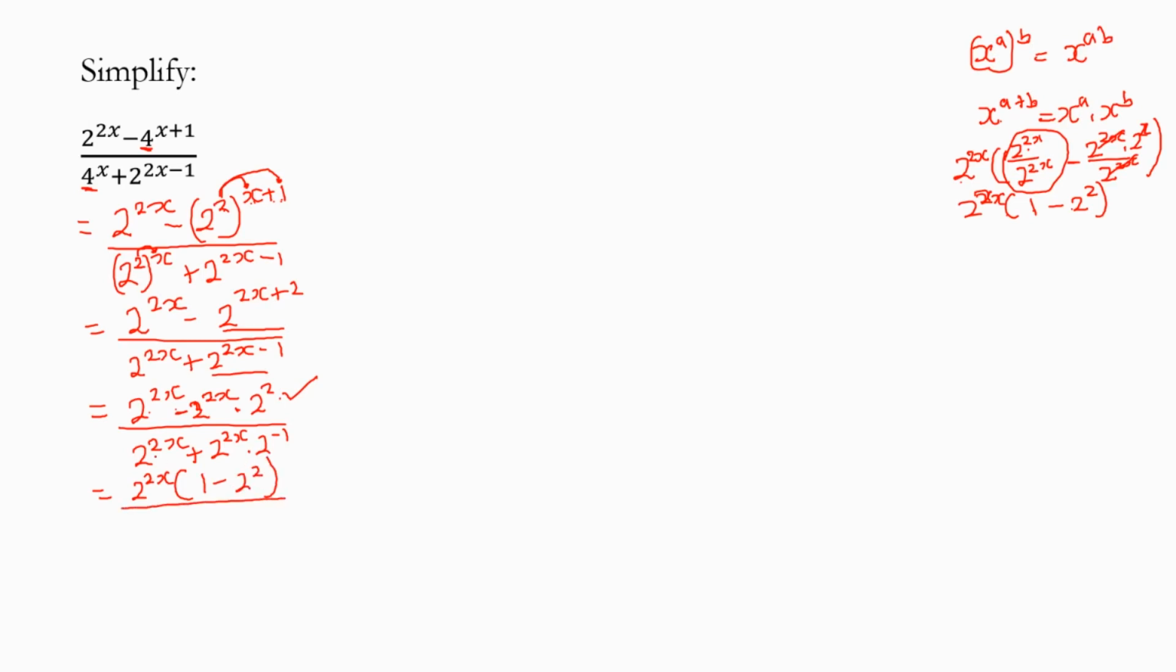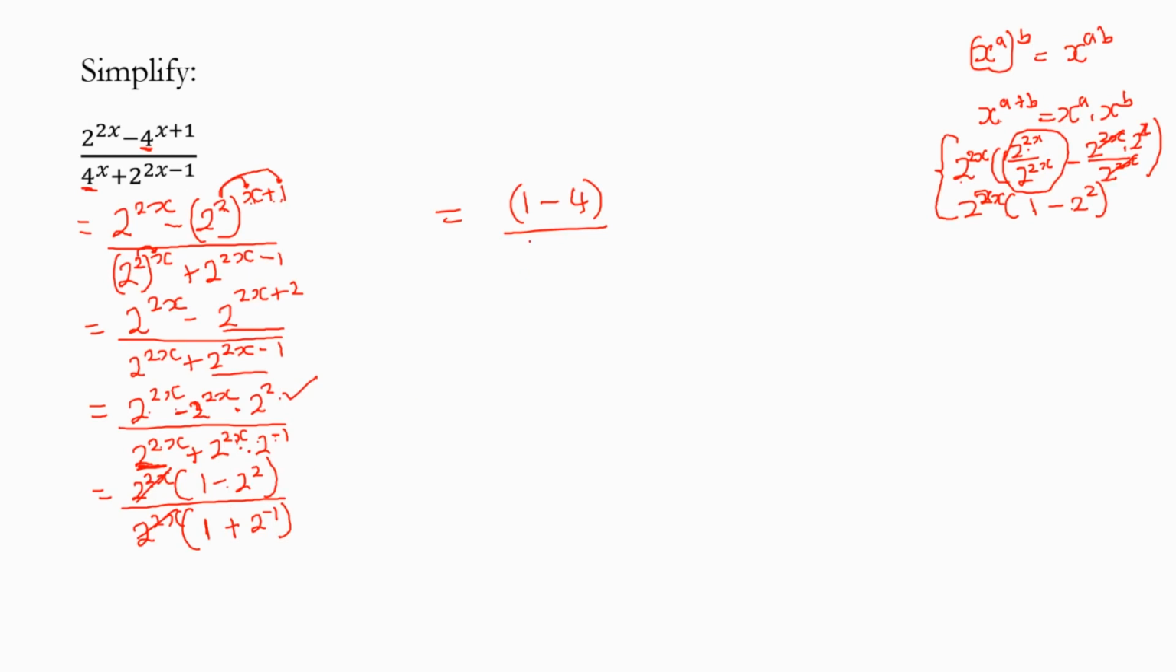Okay, let's factorize the denominator. Again, we have the highest common factor, which is 2 to the power 2x. And then in the bracket, 2 to the power 2x divided by 2 to the power 2x, you get 1. Then plus 2 to the power 2x times 2 to the power negative 1 divided by 2 to the power 2x. You do like I showed you here, you'll get 2 to the power negative 1. We're getting 1 there. So we remain with 1 minus 4, since 2 to the power 2 is 4,